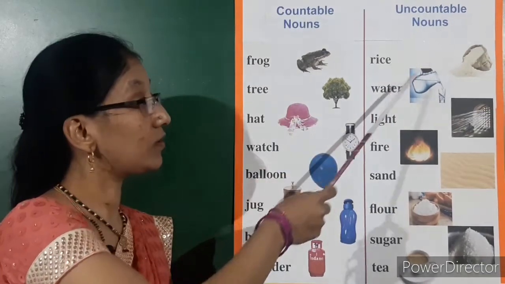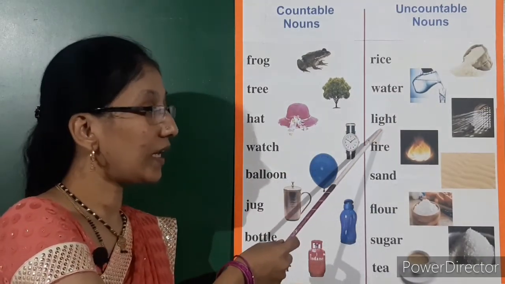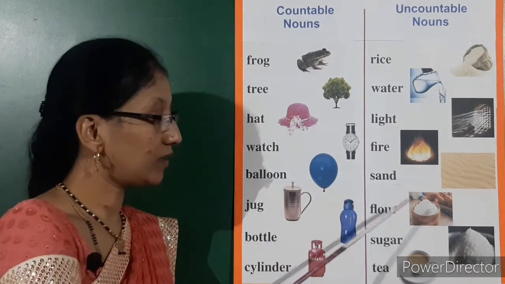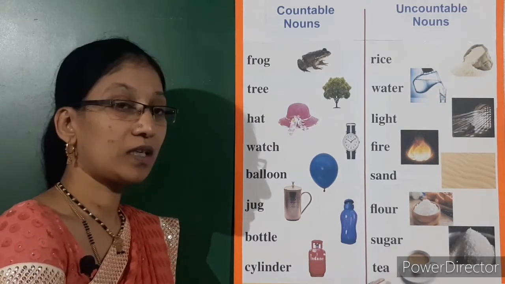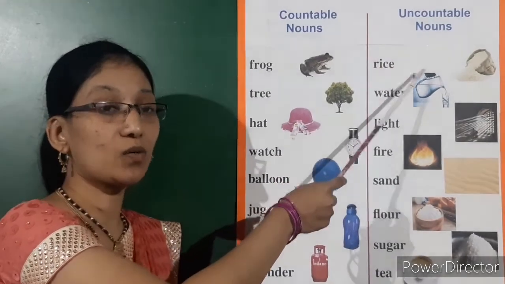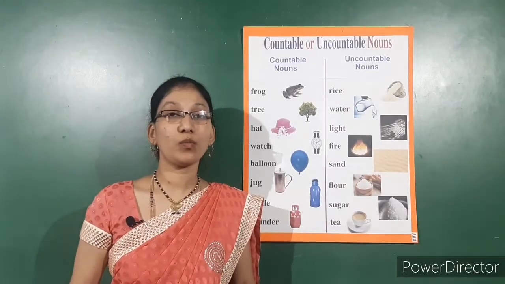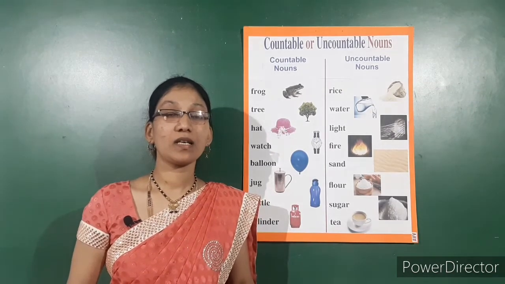Uncountable nouns: rice, water, light, fire, sand, flour, sugar, tea. These are uncountable nouns. Children, note down in your home rough book what is noun and kinds of noun with